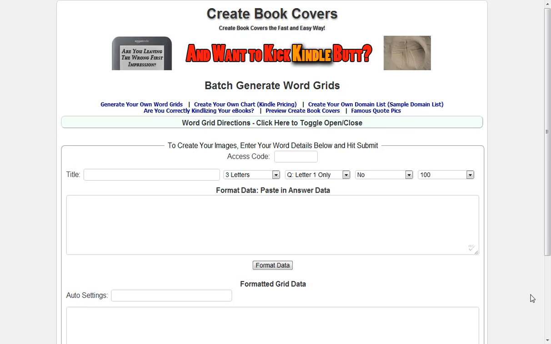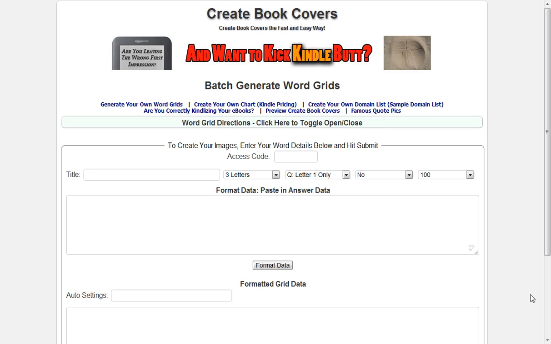I'm working on a project for a customer of mine who wants to do word grid games. So I went ahead and developed a module or routine for her to be able to create all the images, and she does have a lot. So it came to me that it would be a good idea to just go ahead and do a batch